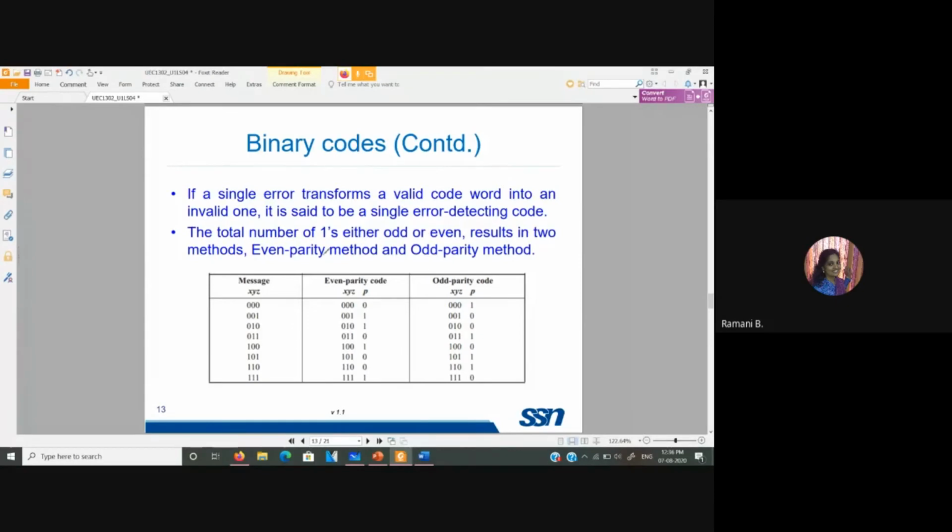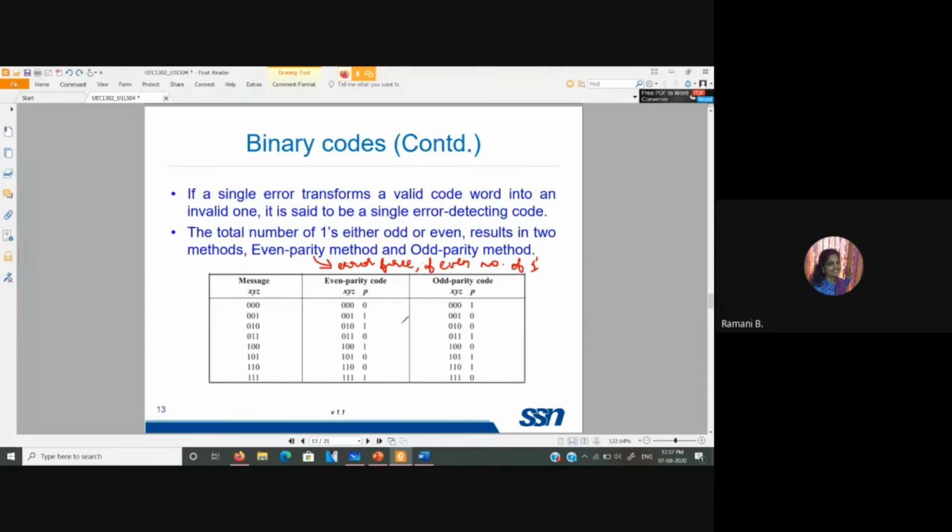So in the even parity method, this will be error free if you have an even number of ones. So on the transmission side, I am going to send some 7 or 8 bits of binary values.